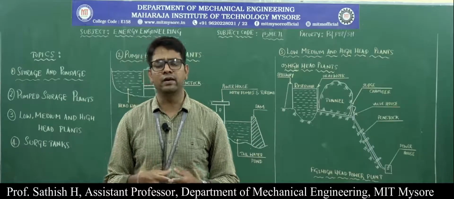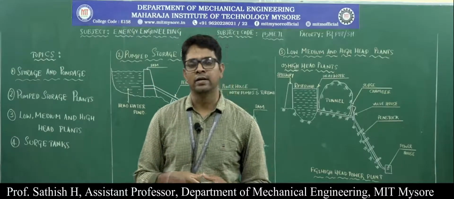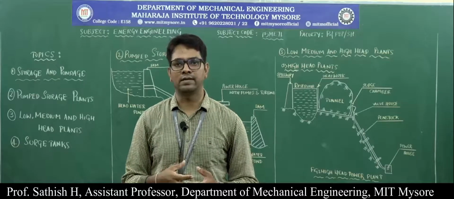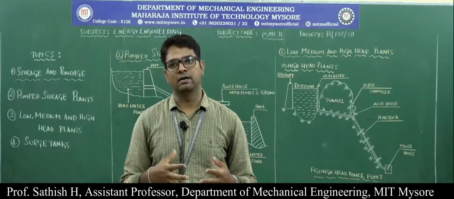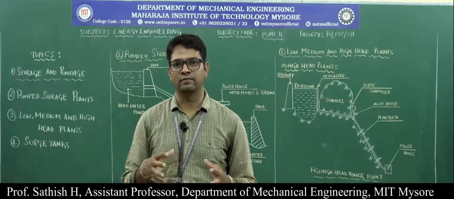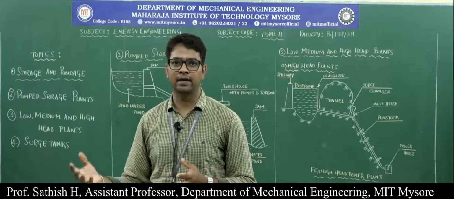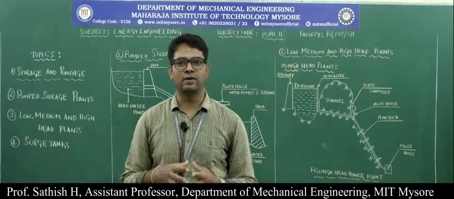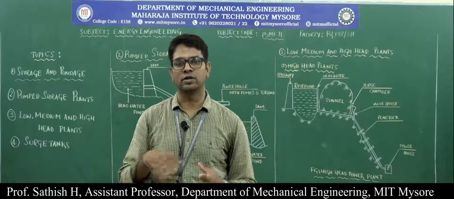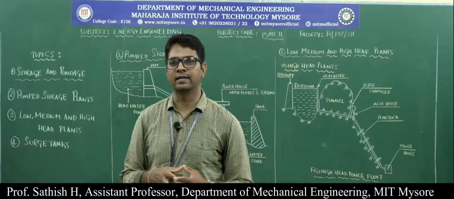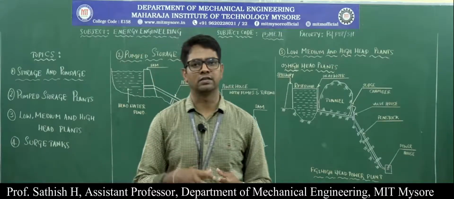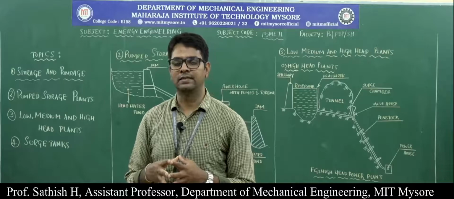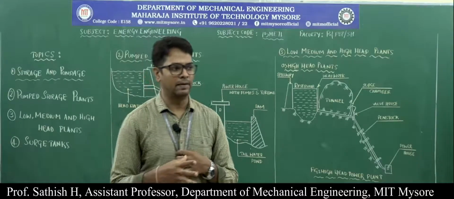One more important condition where a pumped storage plant can be used is when the availability of water is less. Then we can recycle the water after it works on the turbine. It is stored in the tail water pond, and then that water can be pumped back to the head water pond and used in a cycle continuously, a kind of recycling of water. That is a pumped storage plant. Wherever the water availability is very less, we can go for pumped storage plants.